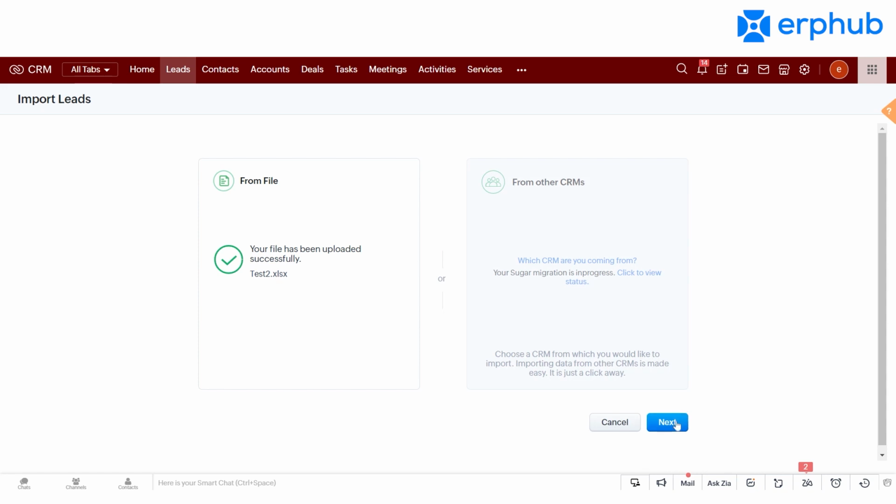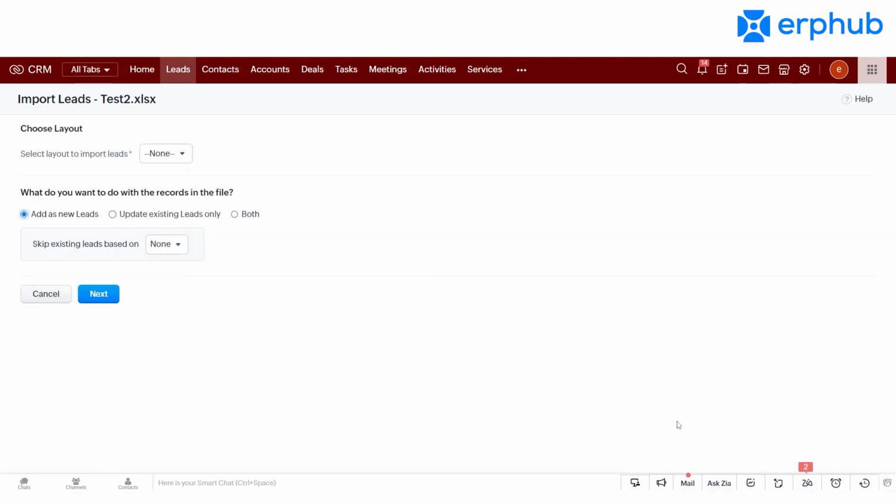And once you're done with that, you can click on the next button. Here, start off by selecting a layout for your lead. And here you'll have to make an important decision on what you want to do with the records on your files. So when you're importing these new leads,